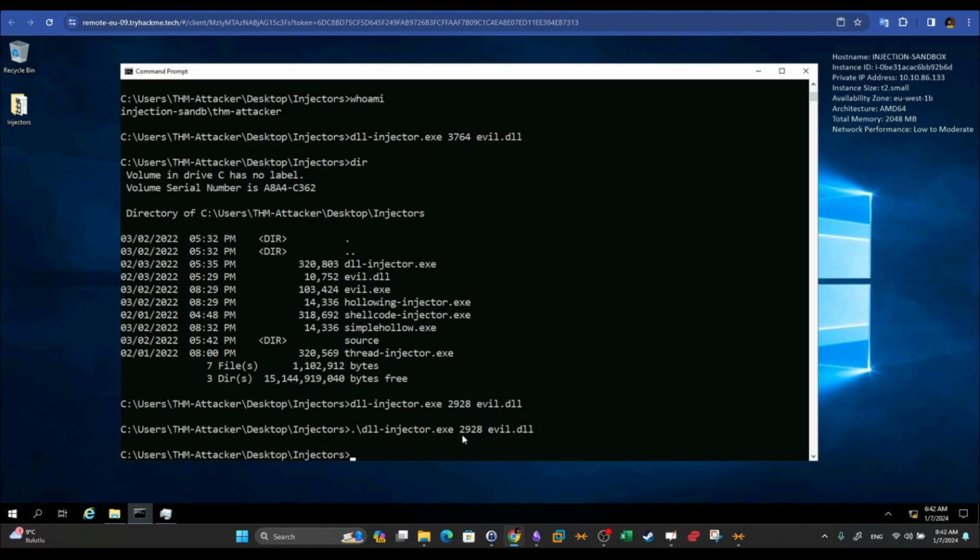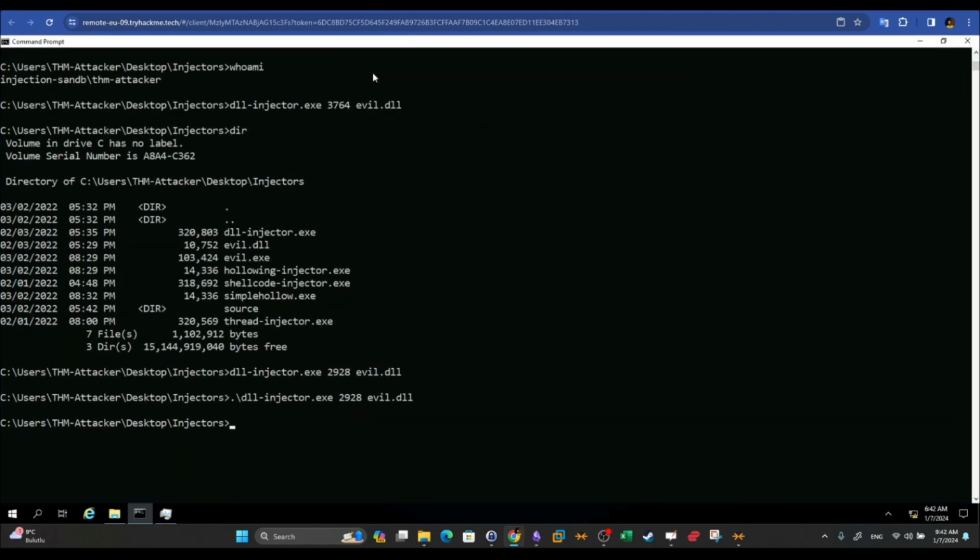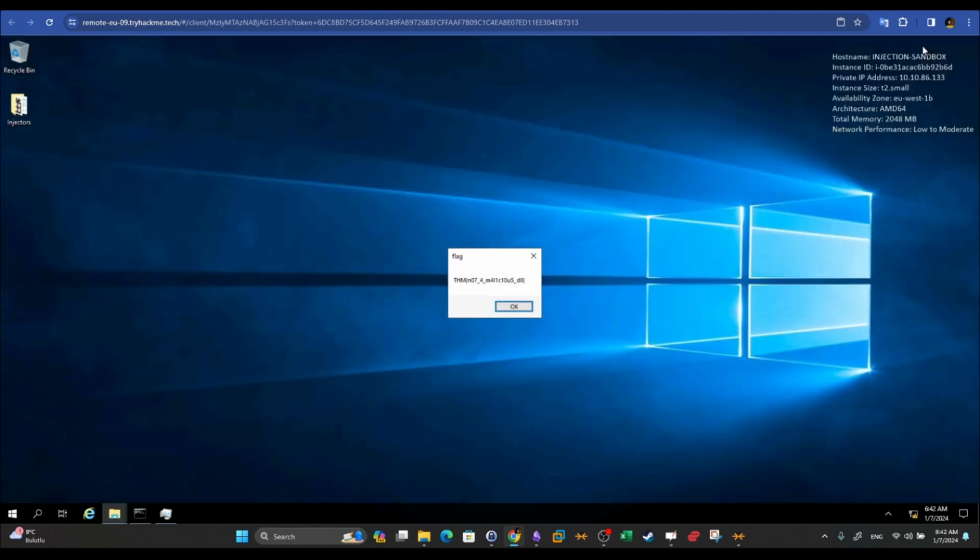Okay, so instead of providing the PID or the process ID, we're going to supply the name of the process. So let's use the same here. We don't need to list the processes again. So instead of the process ID, we're going to use its name, Explorer. Let's see if this worked. And this time it worked. So now this is the flag. Now the flag here was executed,